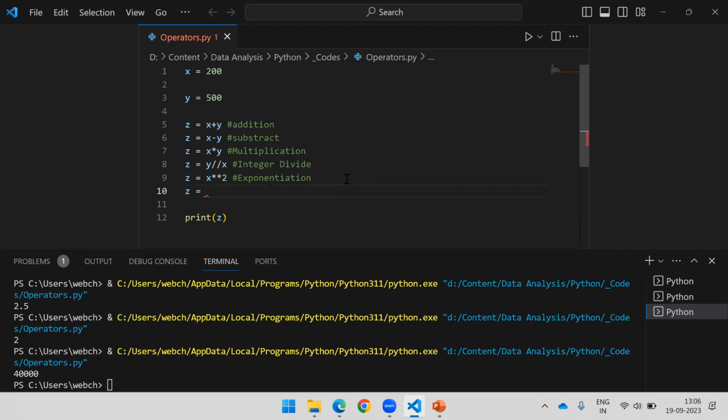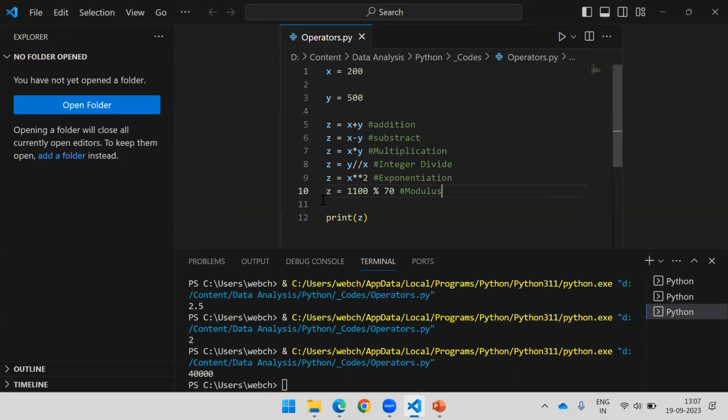If I say 1100 divided by 70, like this I am doing the division. But here I don't want the number which will come exactly after performing the division. Instead of that, I am interested in the remainder only. So the remainder is returned by this modulus operator. So I will say modulus, and if I perform the operation,